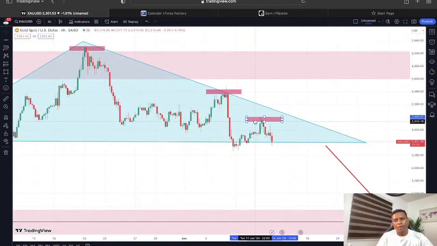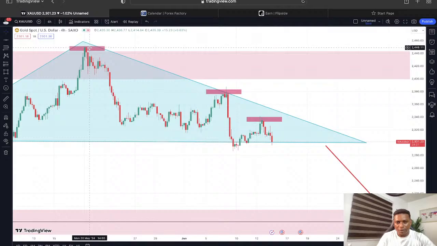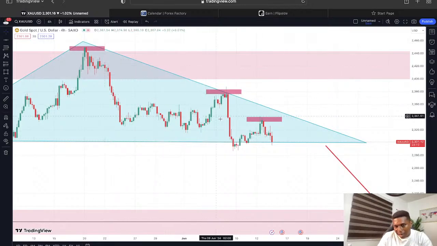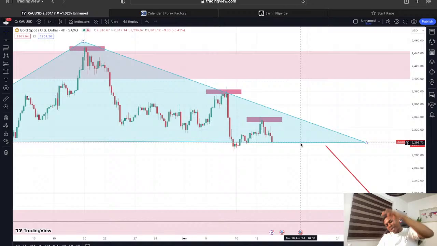Here, and obviously this high is lower than the previous high, and this high is lower than the previous high. That's to tell you that the market is declining. The market is declining. So the only thing that can break out this structure of continuous higher lows,